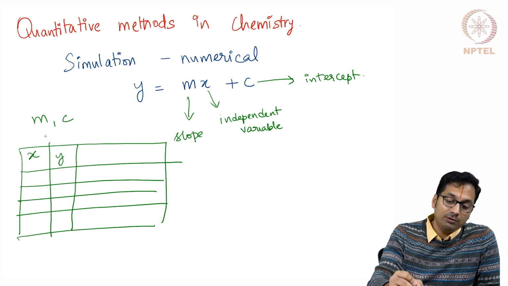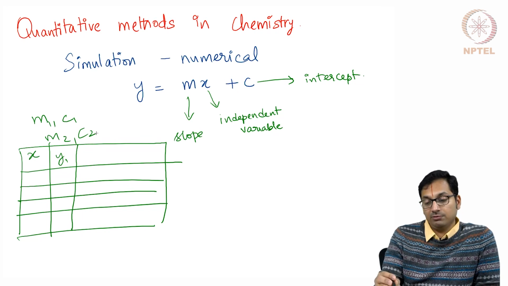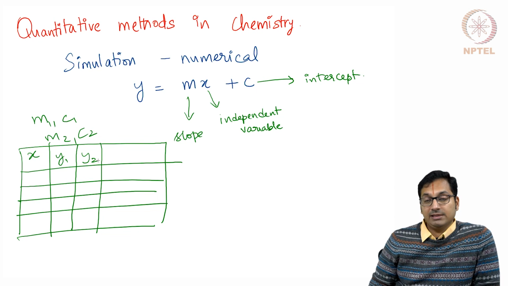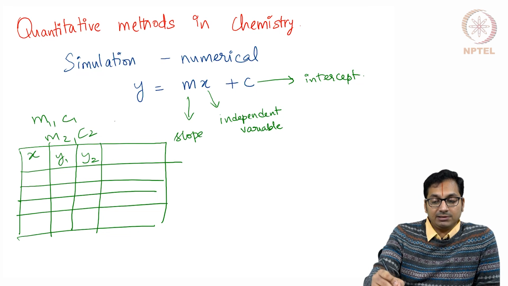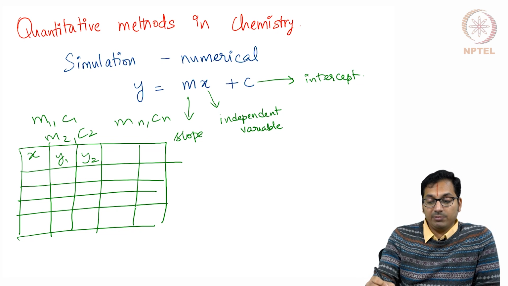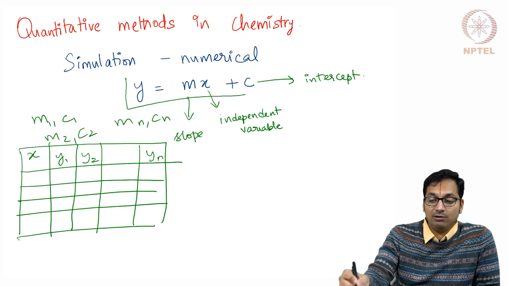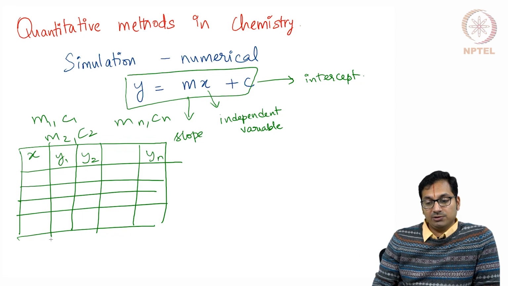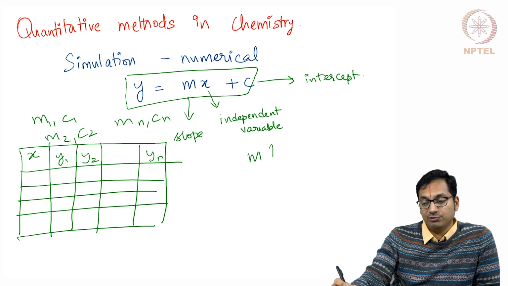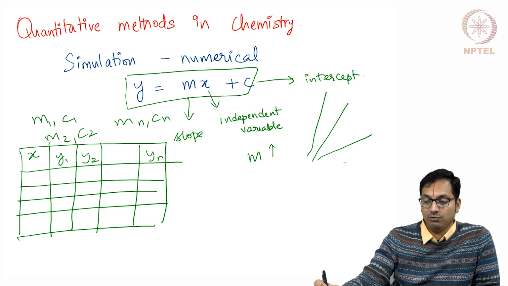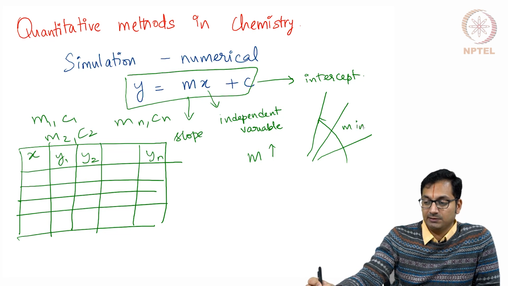Now let us say that I will give you another set of slopes and intercept, let us say m2 c2. You can once again calculate y, basically using the same equation but with different values of the slope and the intercept. One can imagine that we can have different sets of combinations of slope and the intercept, and in order to understand how does a straight line look and behave, this might be a good exercise to do, so that when we understand as the m value changes, let us say it increases, the slope of the curve increases, right? As you go from here to here, m increases.